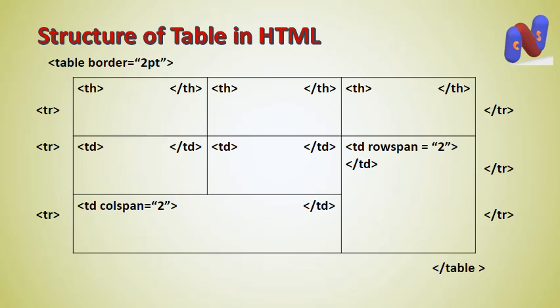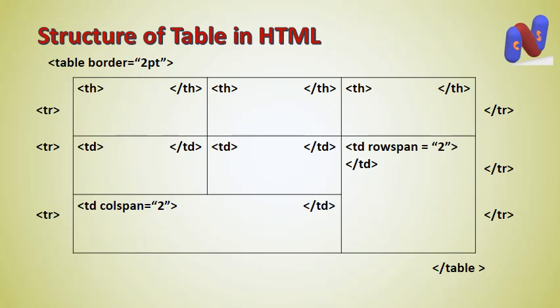Again I have opened a new tr, and inside that tr I have used a single td. That td will define a single cell. After that another td has been opened and closed for the second cell, and in the third one you can see the td contains its attribute rowspan with value 2. So the structure goes to the next row also. As you can see, the third cell of the second row has occupied the space of 2 rows, not a single row. Okay,